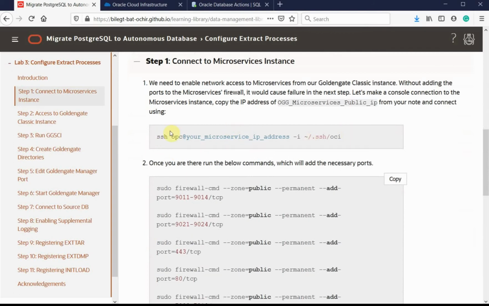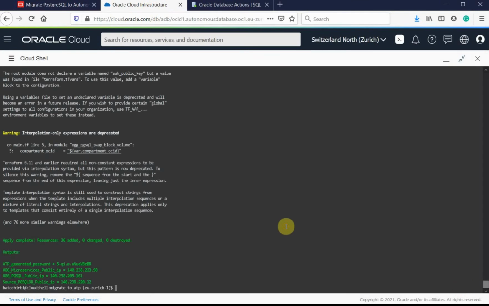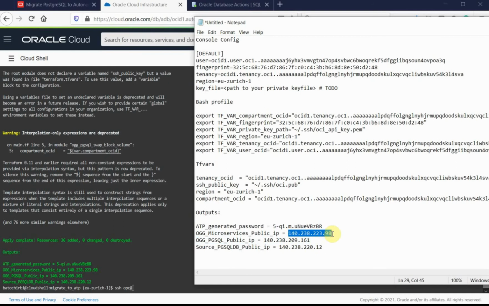In step 1, we need to enable network access to microservices from our GoldenGate Classic instance. Without adding these ports to the microservices firewall, it would cause failure in the next steps. Let's make a console connection to the microservices instance. Copy the public IP address of microservices from your node